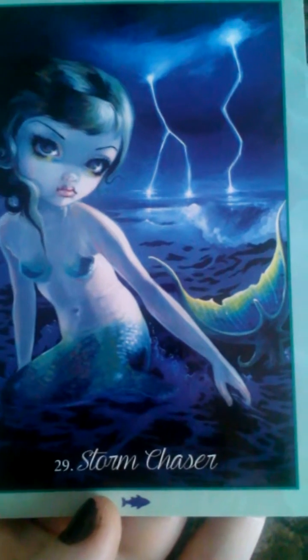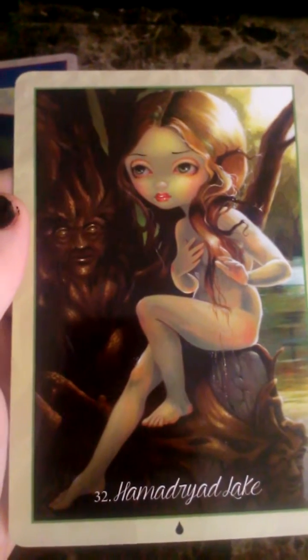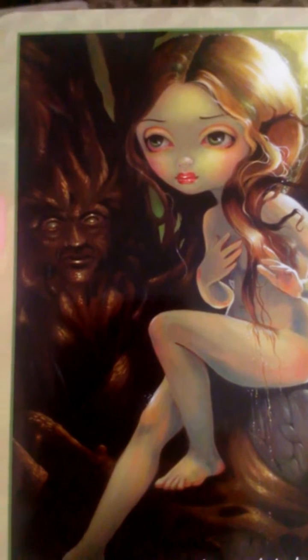There was one card in particular that I was drawn to as soon as I opened it and flipped to it, and I looked through the guidebook to see what that specific card meant, and look, there's the tree man. See him? But anyway, I looked at what it meant,